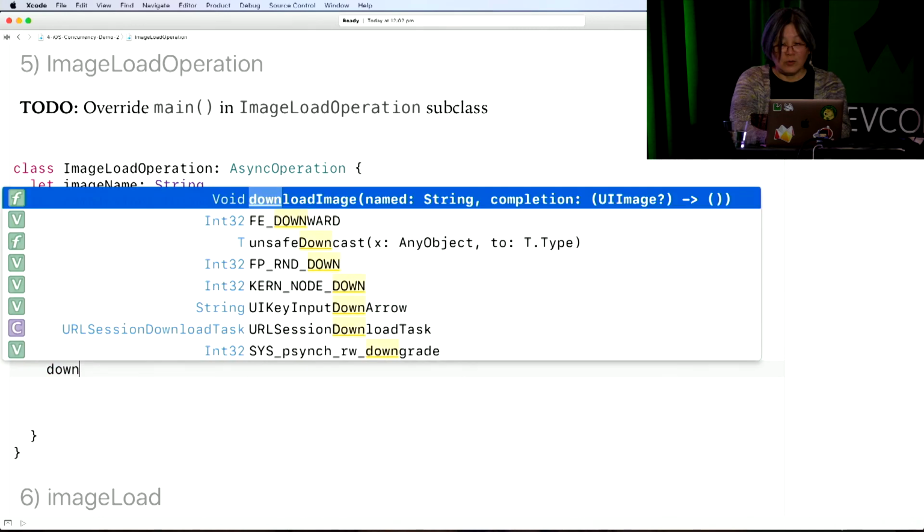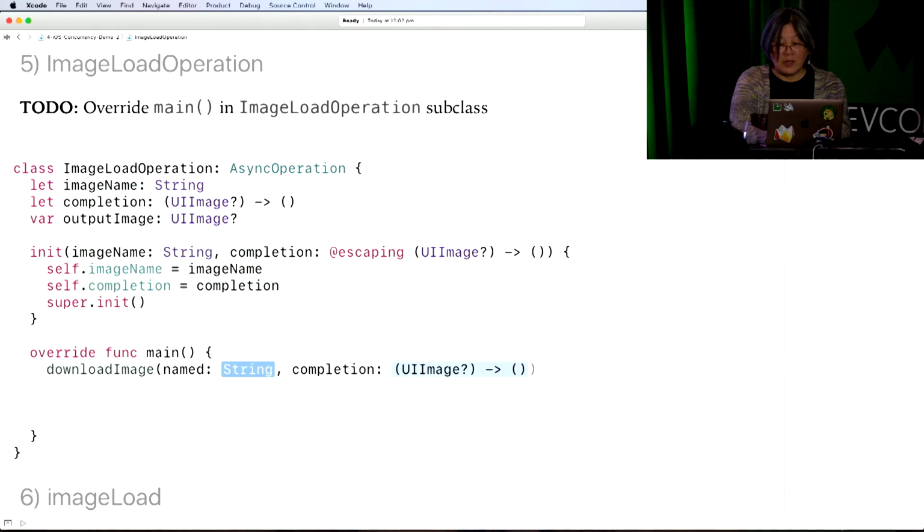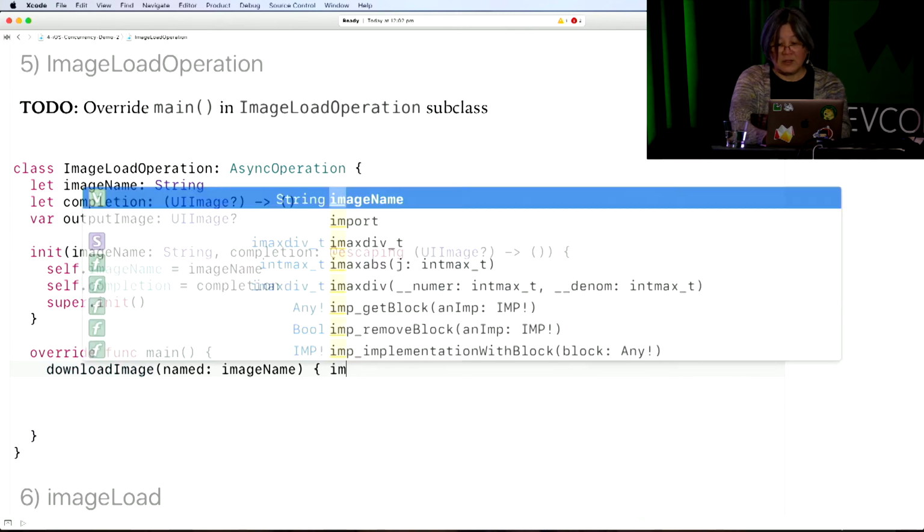So that's download image named, and when we create the operation, we're going to pass in an image name. So that's what goes in here. That's the input image name, and then we're going to have a completion handler for this, and we'll just do that as a trailing closure. It expects to get an image,